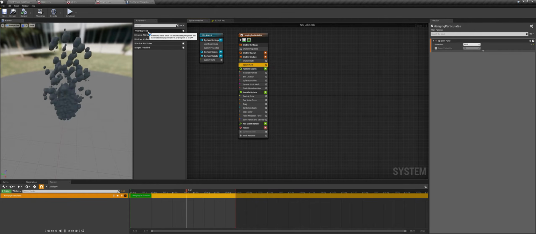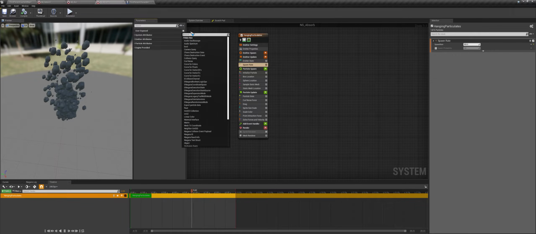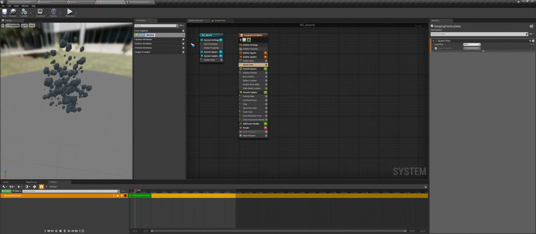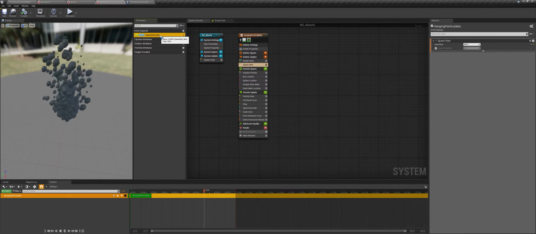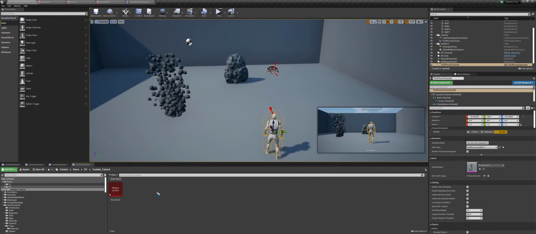First way is to do it with the Niagara system itself. So if I press the plus icon here and I type in float, and I will call this spawn rate underscore new. So this is basically like the scalar parameters you create within your materials. This will be present in the Niagara system, and you need to have a reference to the Niagara system in order to access this spawn rate new variable.